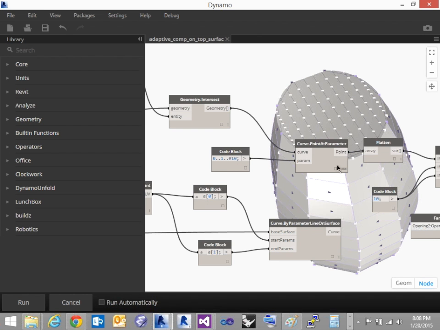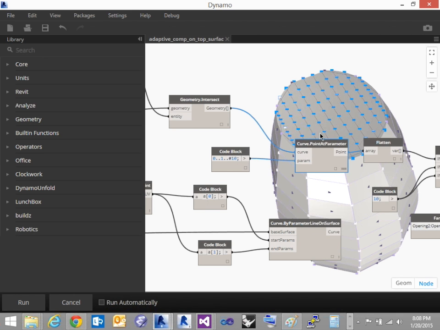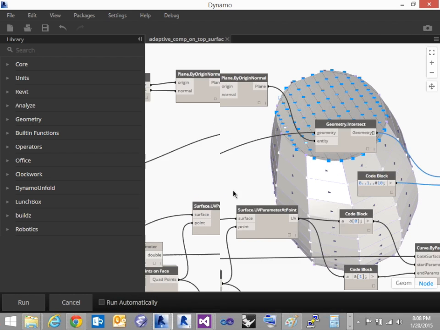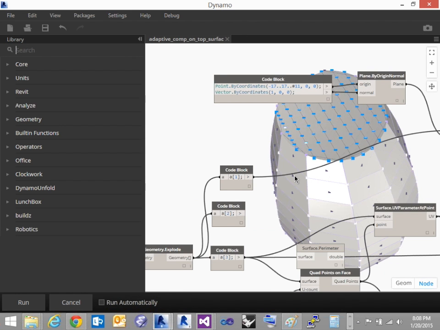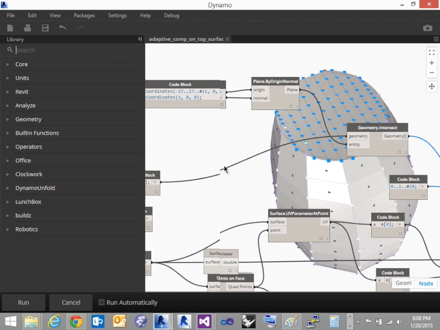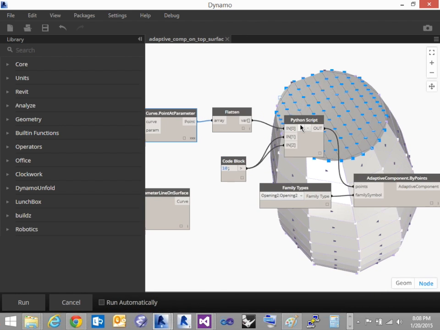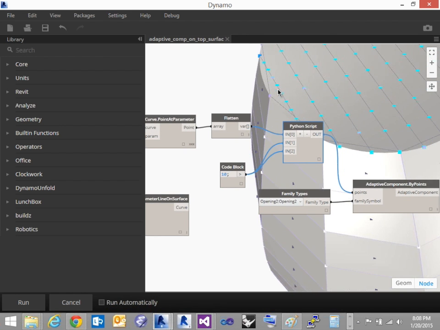And then now we get the curve point at parameter. It's an unfortunate workaround, but like I said, this is a standard problem even in professional offices or with different CAD programs. Parameterization can be difficult. So the corners over here are going to be